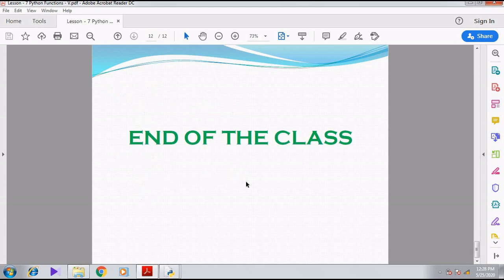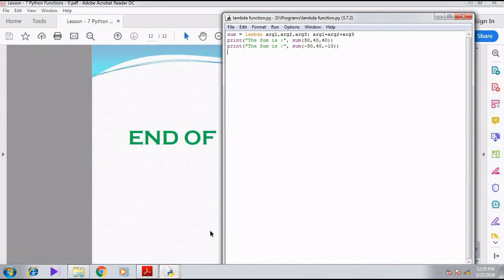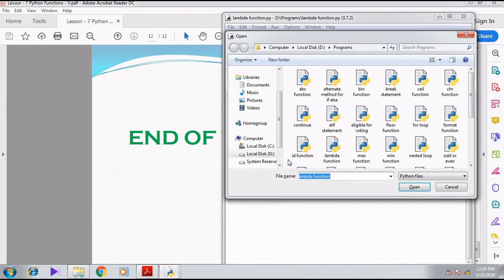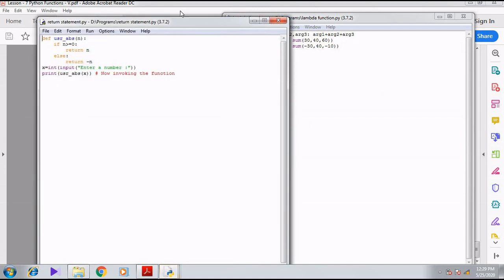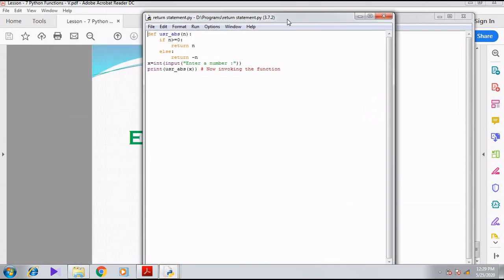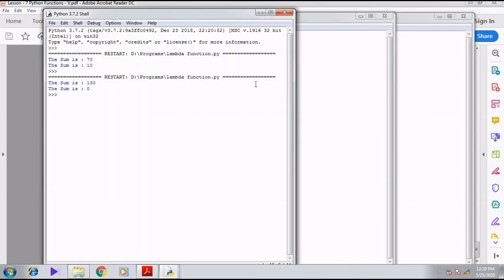I think you have understood this. I will show you in a practical manner. So Control plus O, I have created a return statement program. When I press F5 and give 25, it shows 25 as it is.